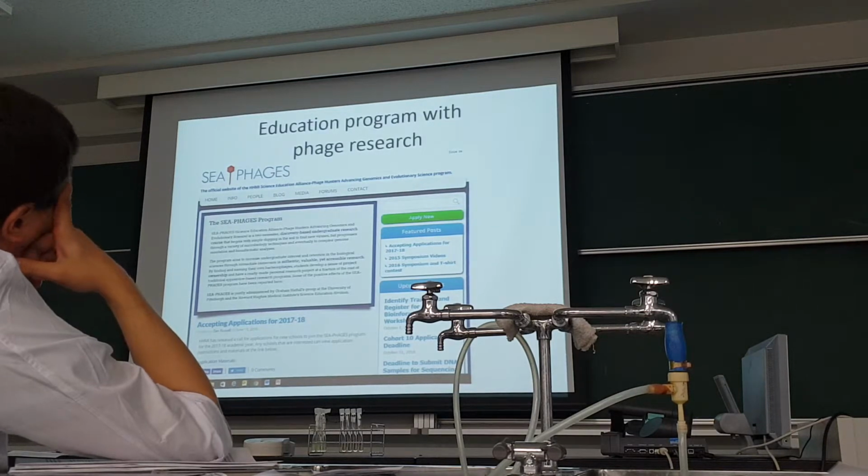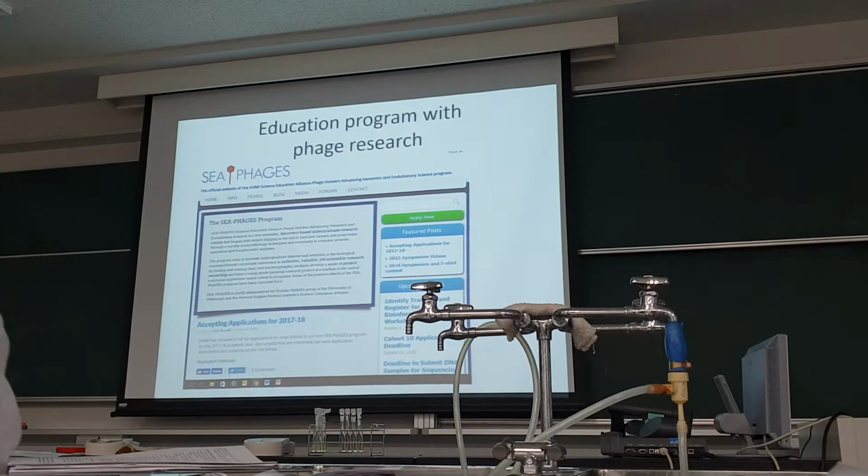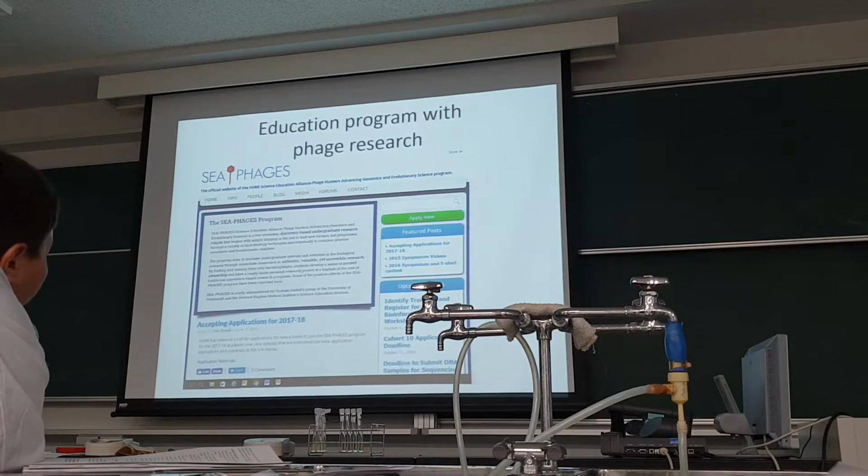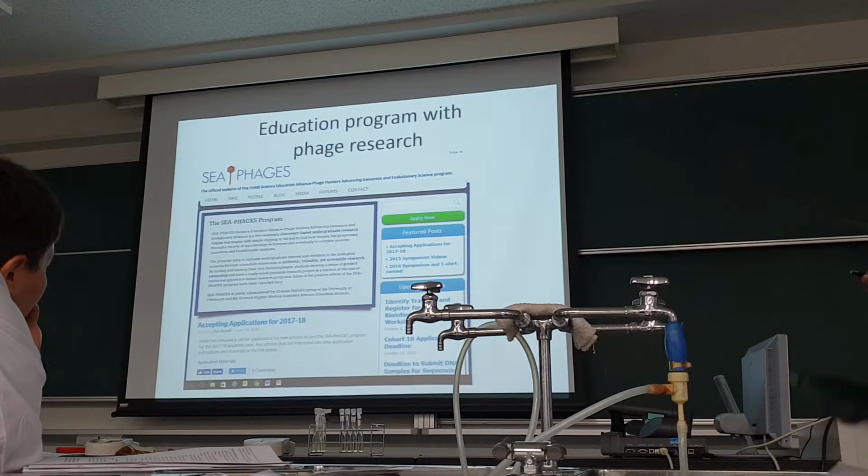The States invest in this educational program to search for new phages. It is an undergraduate program, and through it, students can learn